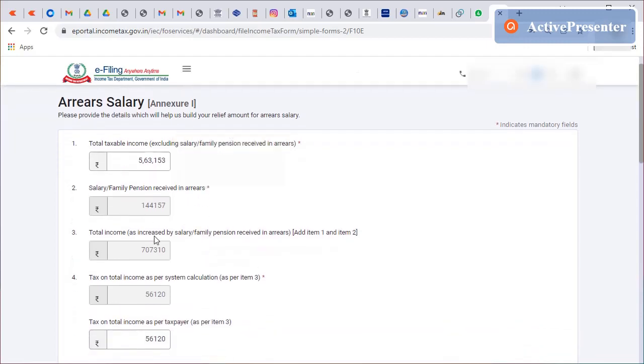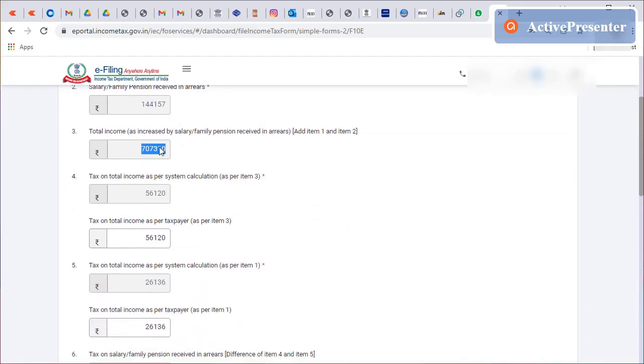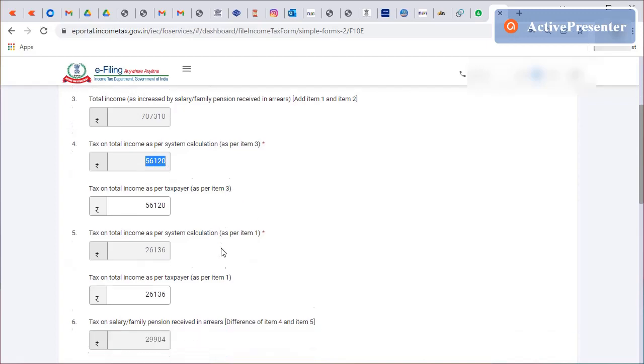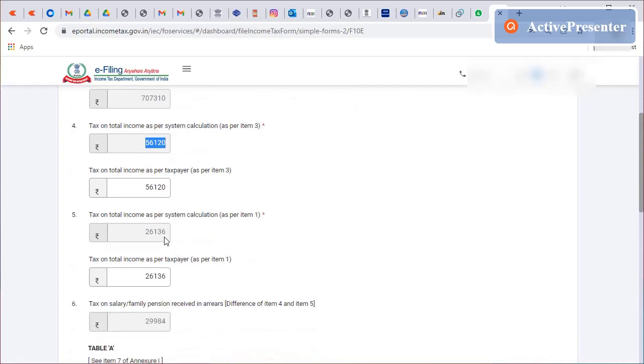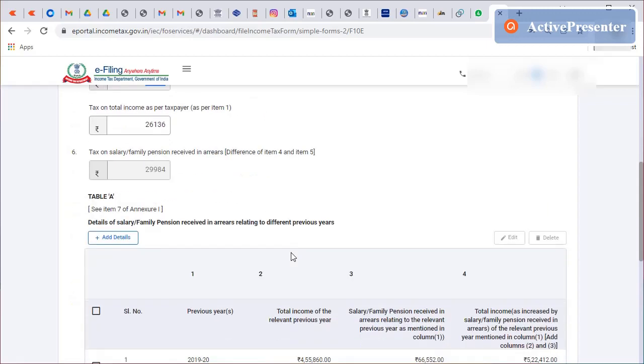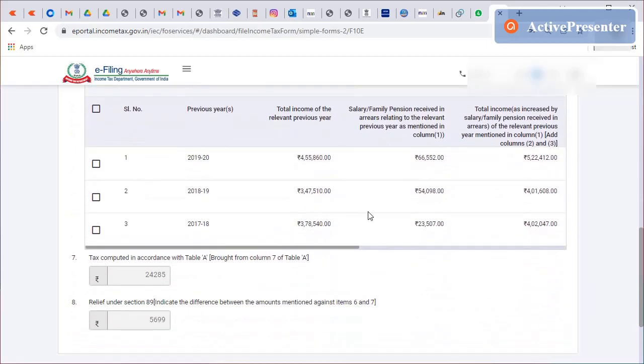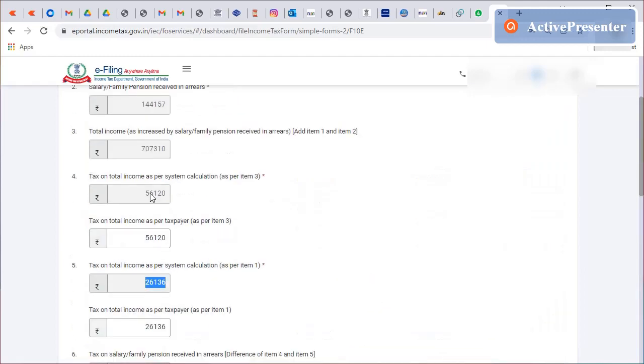So including all that, this is my total income including the arrear, and for this income, this is the tax which I should have paid. But as per system calculation, this is the amount that has been paid. A high amount of tax which has come for this year. The reason for that is entire thing has come as arrear in this current year.